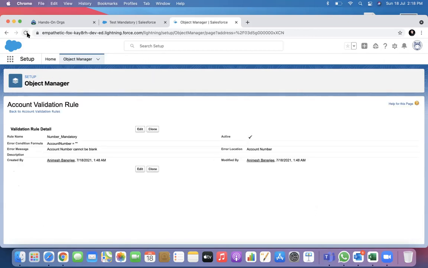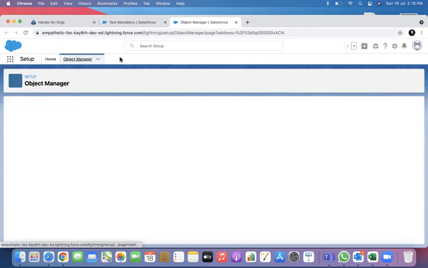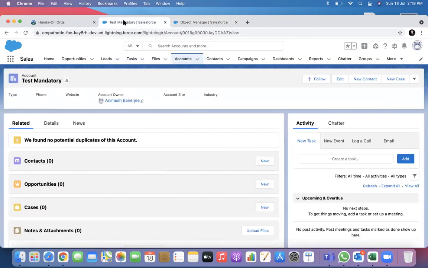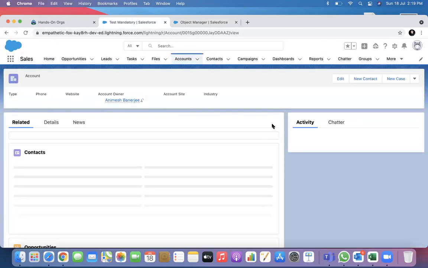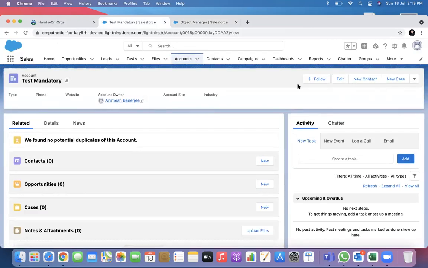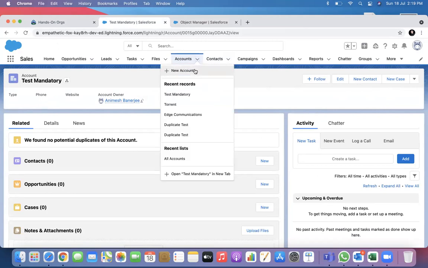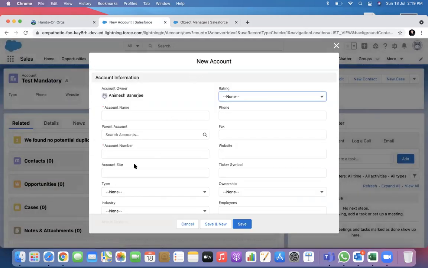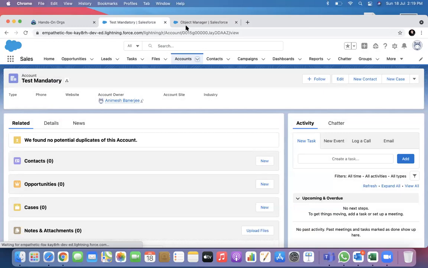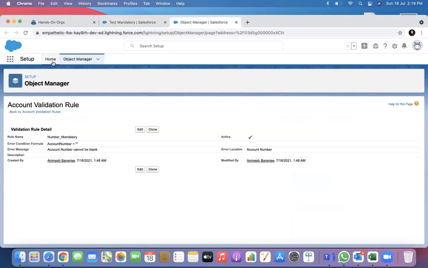When you create a validation rule, it is very important to know that it will not make any changes on the layout. So in the layout, that field will not show a red star. It is still caching the old one. Just give me 1 second.